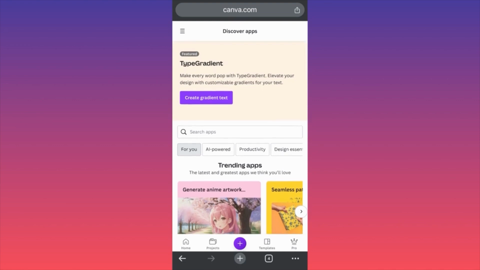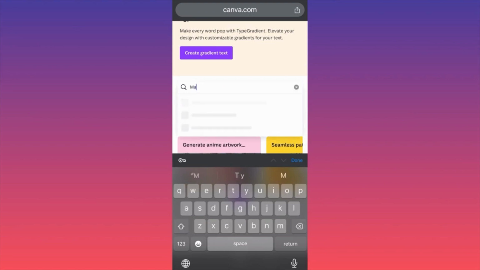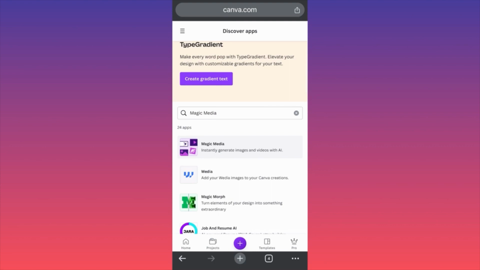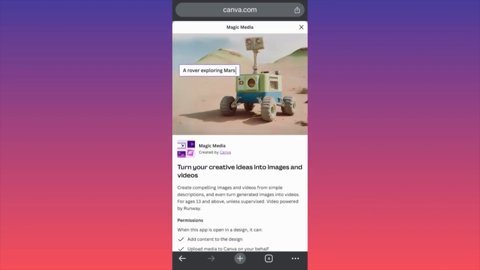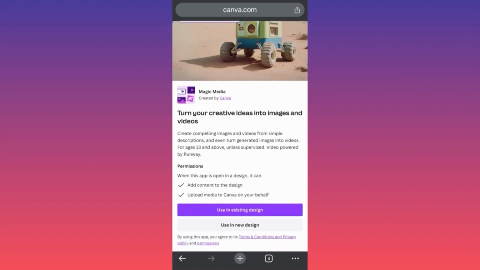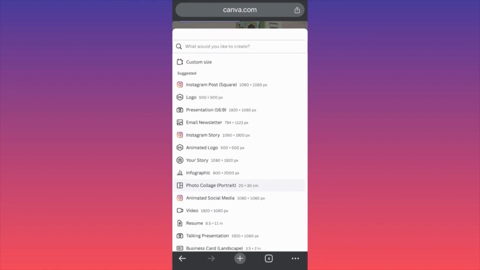So the first thing that we're going to focus on is Canva's own proprietary technology app, which will be Magic Media. So in this example, we are going to utilize Magic Media. This is the first icon over here. In this example, we are going to use the AI image generator of Canva's AI. We are going to create a brand new design, and as you can see over here, you have pre-made